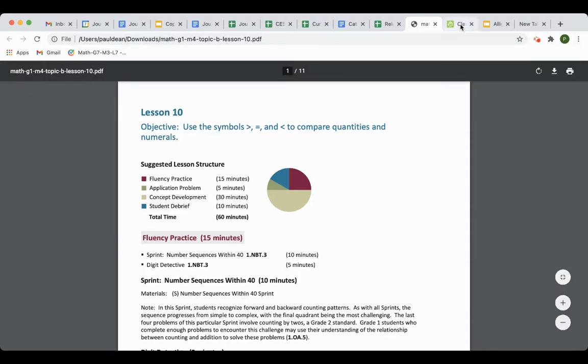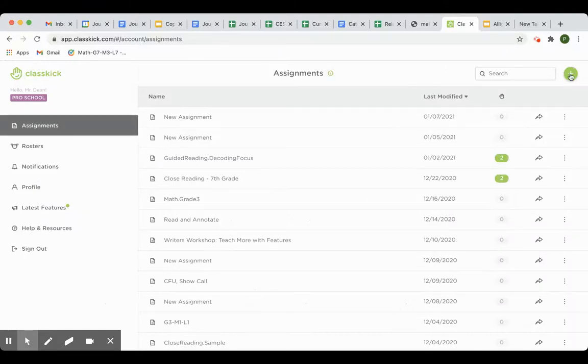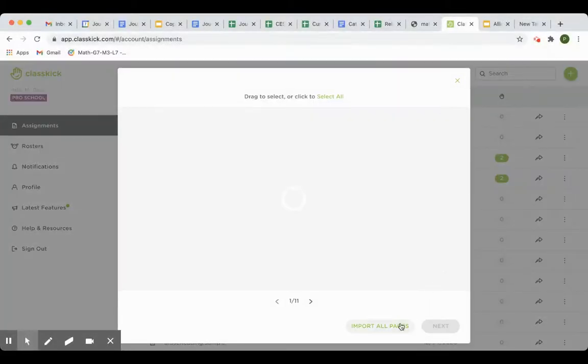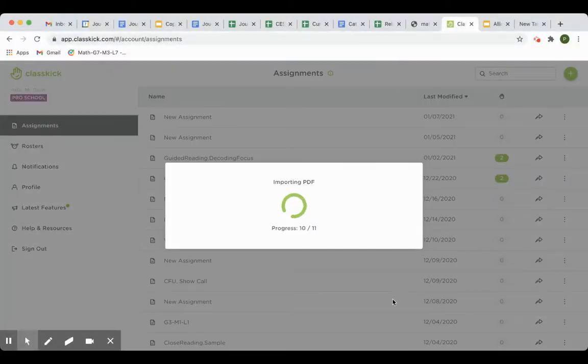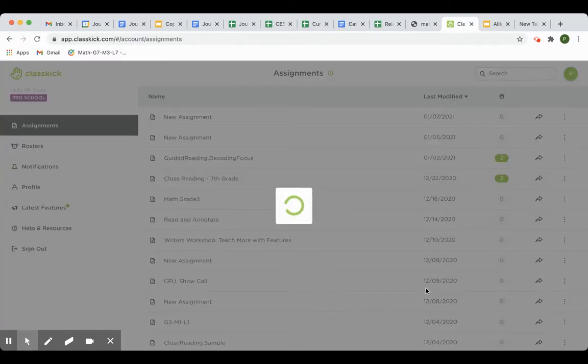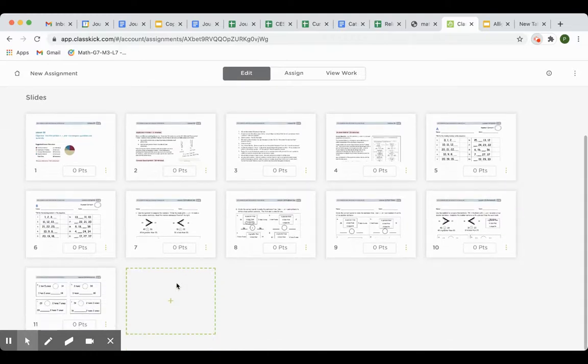So it starts by, in our ClassKick library, using this plus sign and create from file. And we're going to upload that entire lesson. The student and teacher version are combined for K through 5. I'm going to import all pages, and it's going to upload my PDF. Now that I have my PDF uploaded, I don't need all of this, but I'm going to start with what